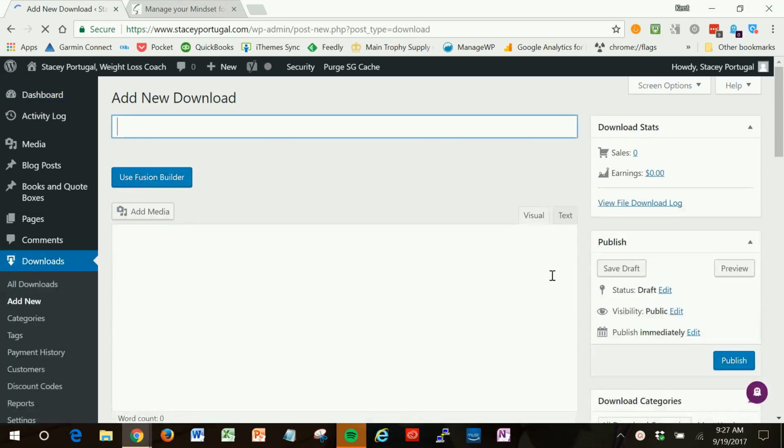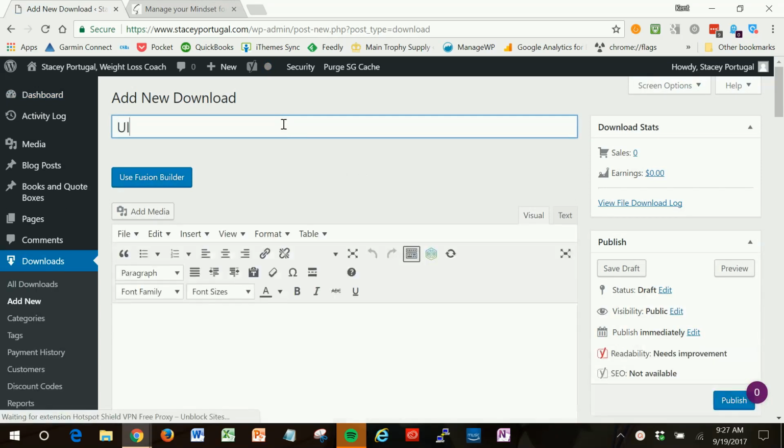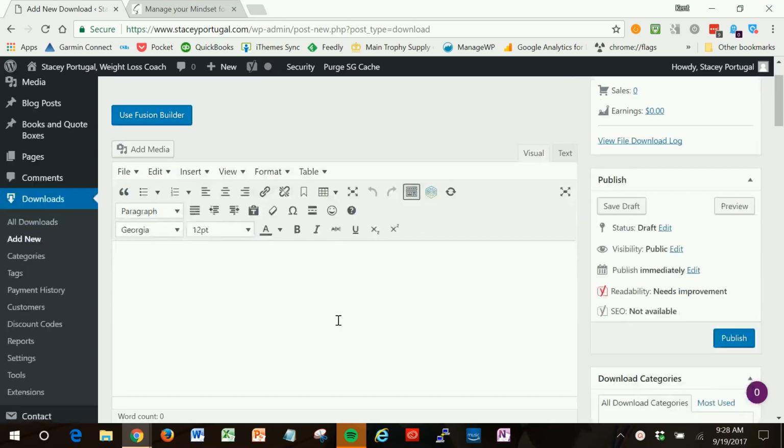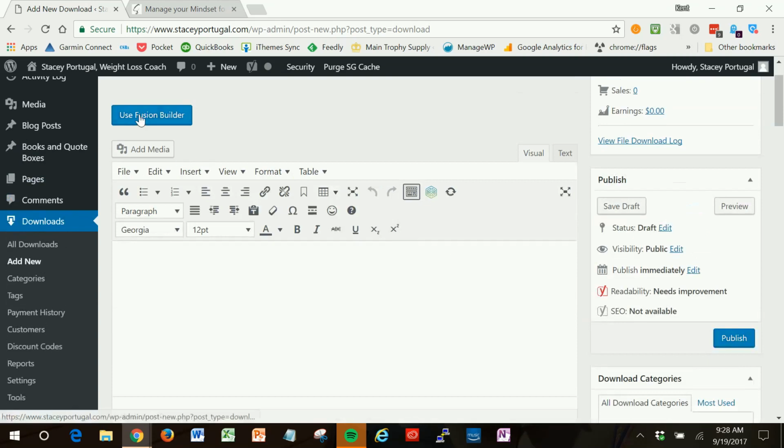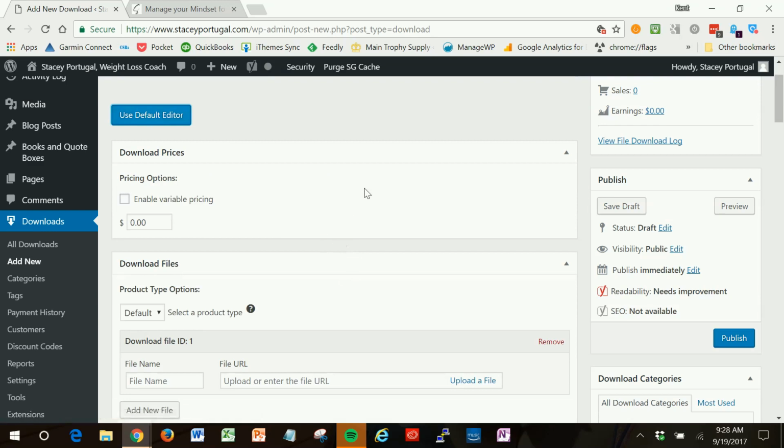And we're just going to step right through the page and create a product. So we're going to call this the Ultimate Easy Digital Downloads product. You can use the normal editor here that you're familiar with from doing blog posts, or if you'd like, you can use this more visual builder called the Fusion Builder, which lets you add other elements on the page easily. I'm going to do that because I suspect you're familiar with how to use this other editor, but maybe haven't seen this one. So I clicked on Use